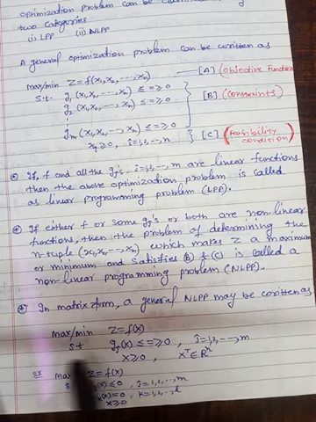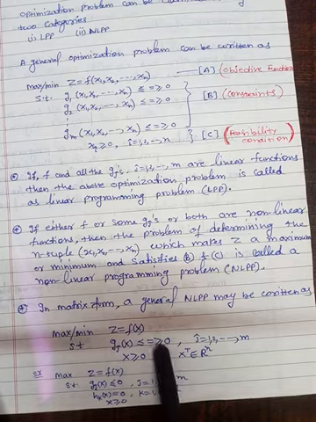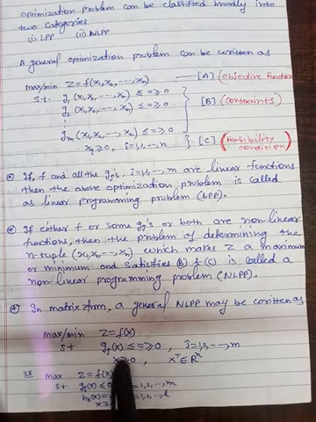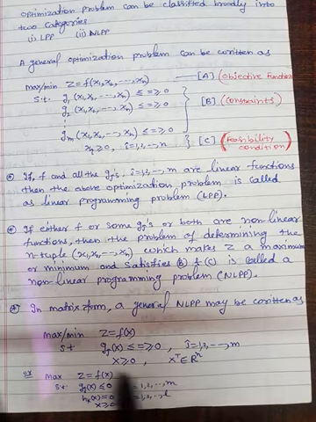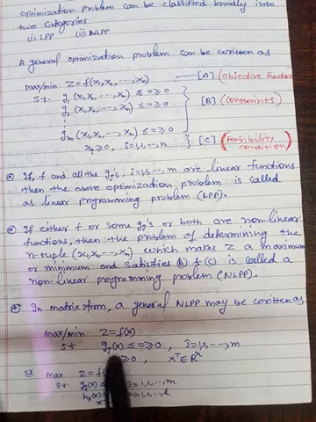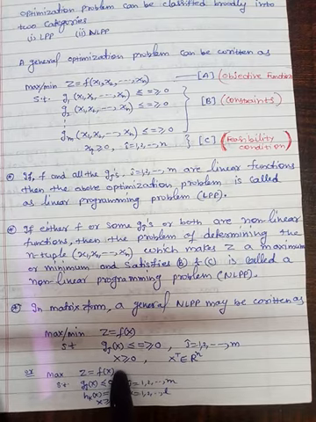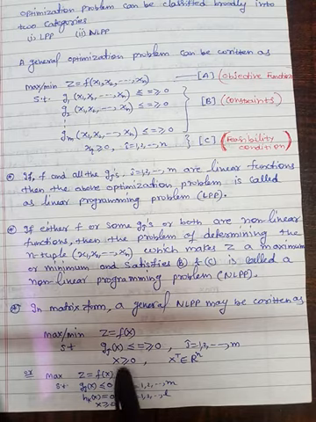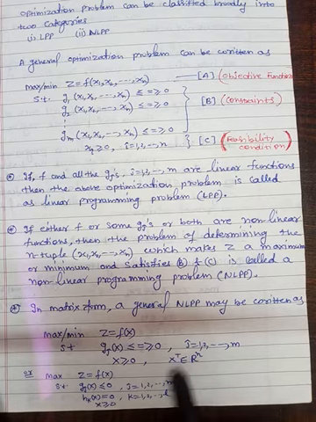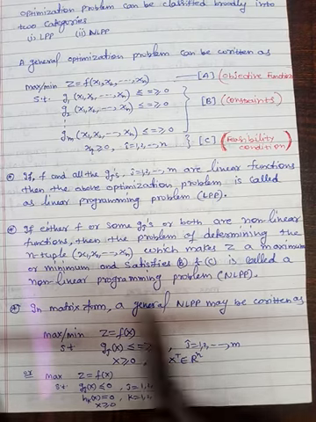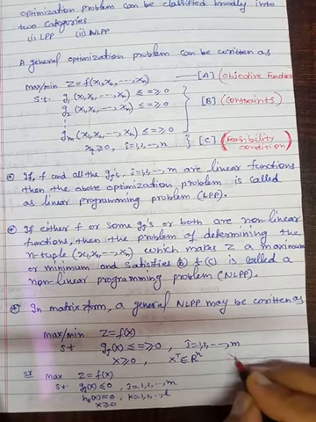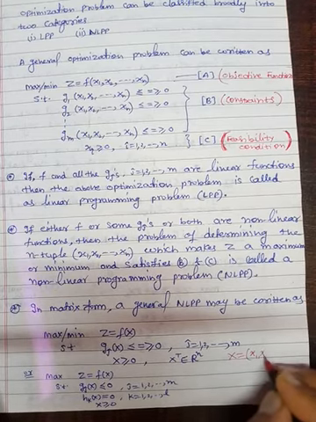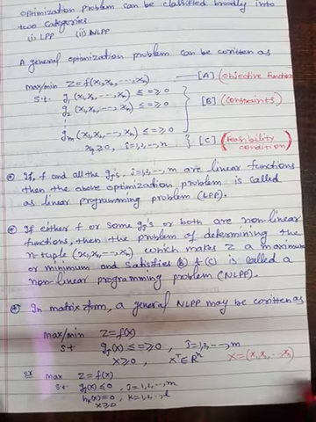So this in matrix form can be written as: maximum/minimum z is equal to f of x, subjected to gj(x) less than equal to or greater than equal to 0, where j is from 1 to m, and x is basically the variable. This is a vector quantity having x1, x2, ..., xn. This is greater than equal to 0, where x transpose belongs to Rn, because these are n-tuples in n dimension. Fine. So here x is equal to x1, x2, ..., xn. This. Fine.